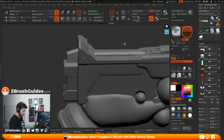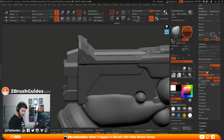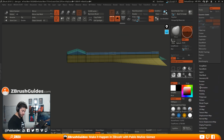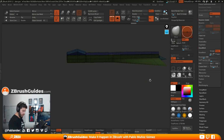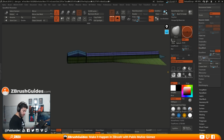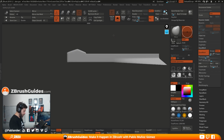What I'll do is first apply dynamic subdivision, apply it, and I'm going to run Dynamesh as well. So Dynamesh, polish, Dynamesh, yes. Oh no, I should have not done that. Delete hidden, delete the lower resolution, Dynamesh again, maybe a bit more resolution. There we go. So now what I wanted to do, just to wrap it up, hold Control,